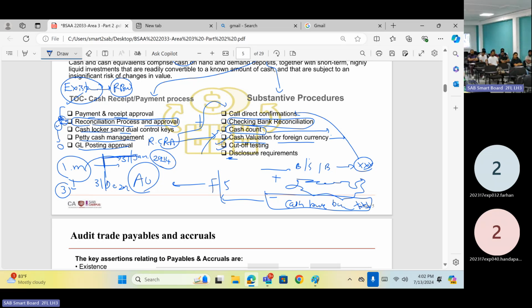Accordingly, you can confirm the cash and cash equivalent balance. I hope you are comfortable now. So then this area can be tested in the exam. So you have to be very familiar with the approach, POC, and the alternative procedure.